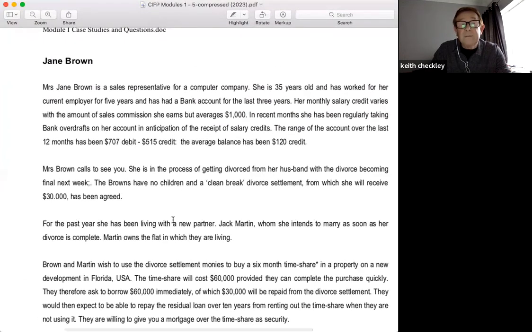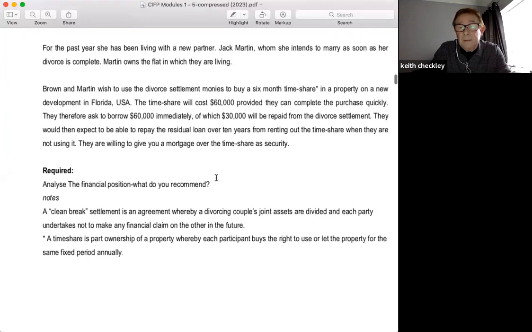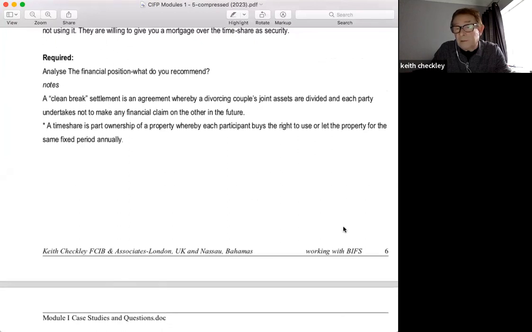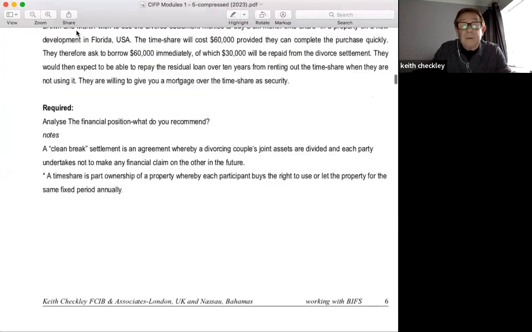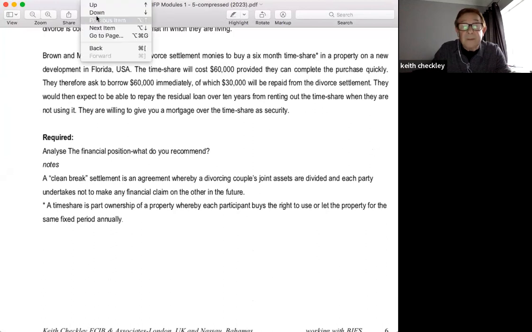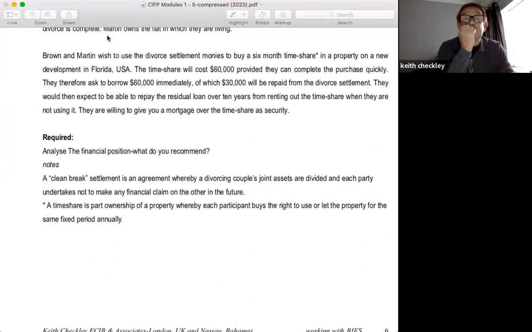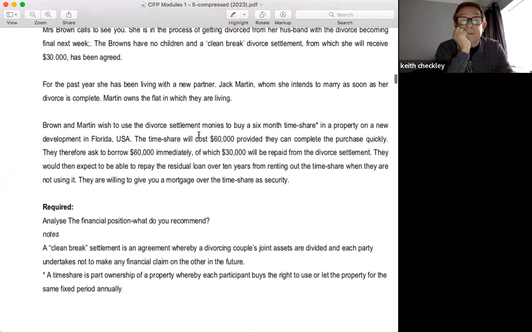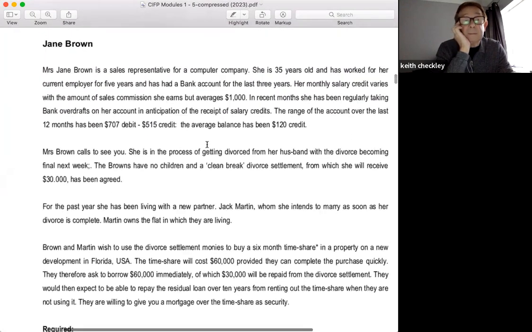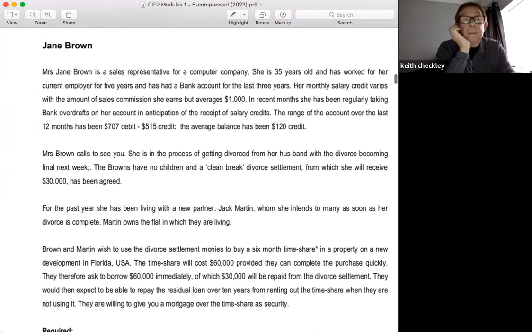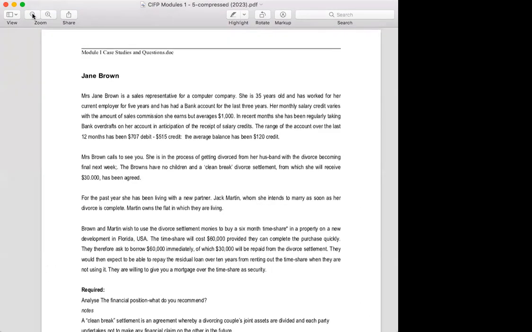Now, this is the case of Jane Brown, and if you want to do what was suggested earlier, you could look for page 6 in these case studies just before module 2, or you could take the plunge on the PDF and go to page, it says 53, let me check that. Yeah, should be page 53 in the PDF. 3 pages back. 3 pages back, thank you.